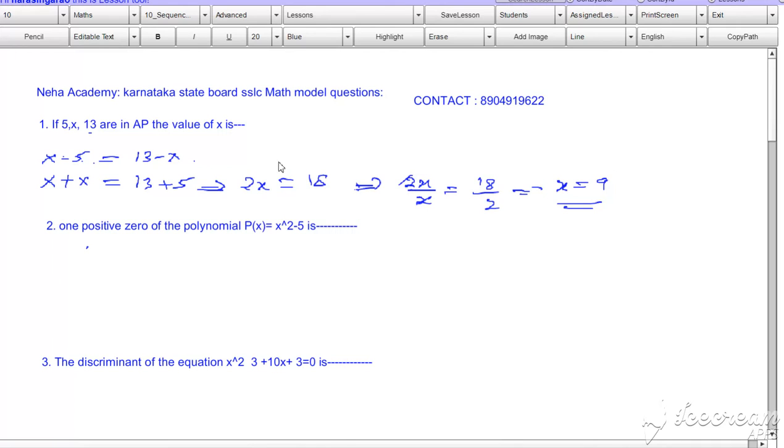So you can see the numbers are 5, 9, 13. The difference is 4, so the common difference is 4 here. So this is one question about arithmetic progression. In arithmetic progression, what you have to remember is there is a common difference between two consecutive terms. If you subtract the first term from the second term and the second term from the third term,